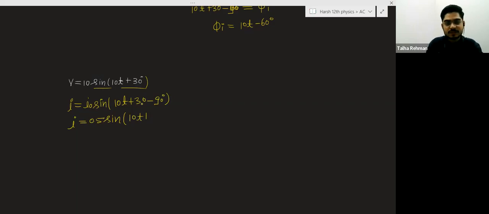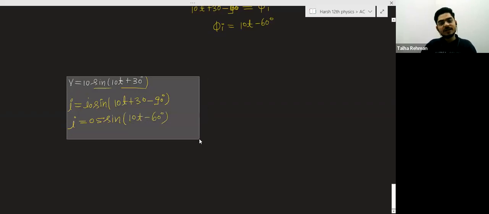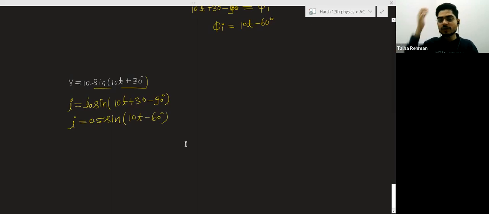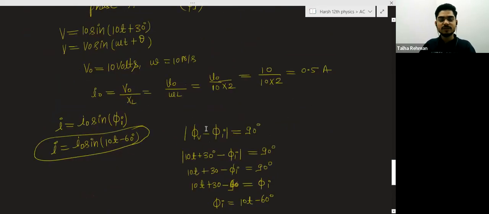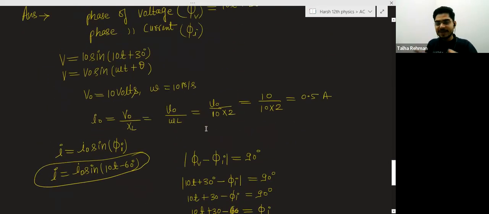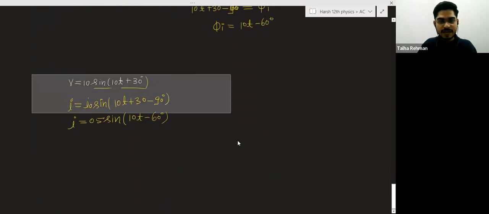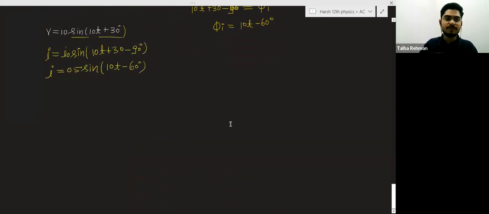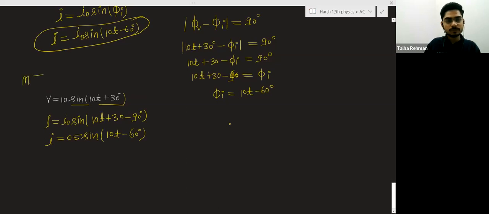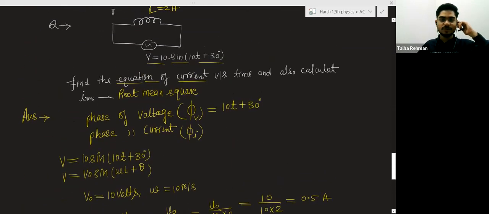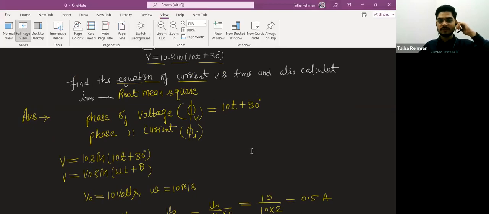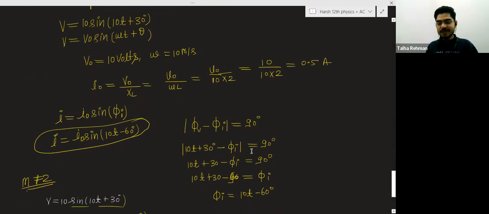So in this way also we can. I have time, that is why I have told you. Otherwise, I will say do this like this, because we already know the phase difference is 90 degree, and why do these lengthy things? But this is just the method when you are not getting that. So in this way also you can find. Basically, both are the same method. I am not saying a different method. Okay, so you can now write it down. I wrote it already. So, do you want that I should complete the